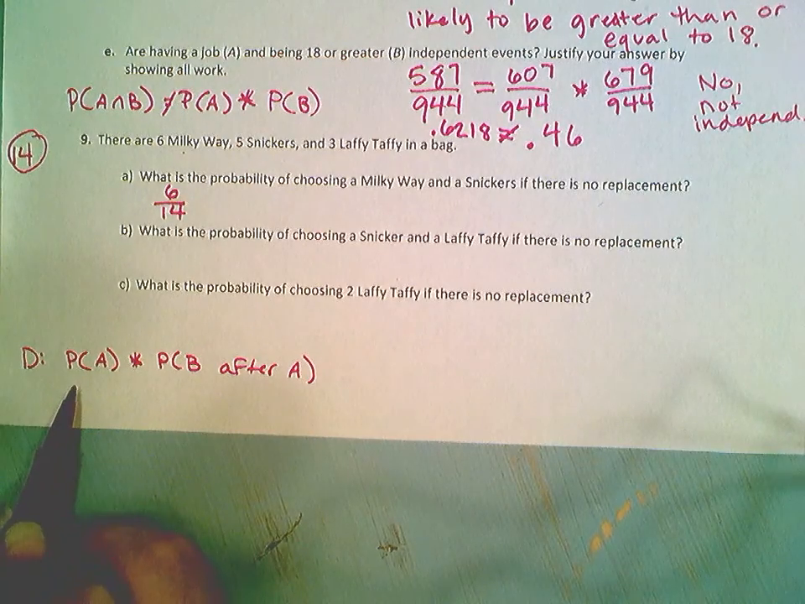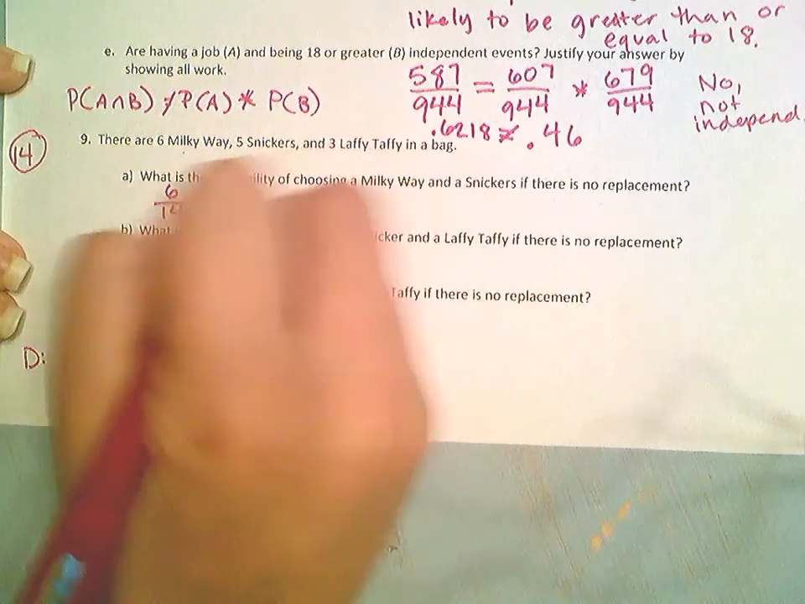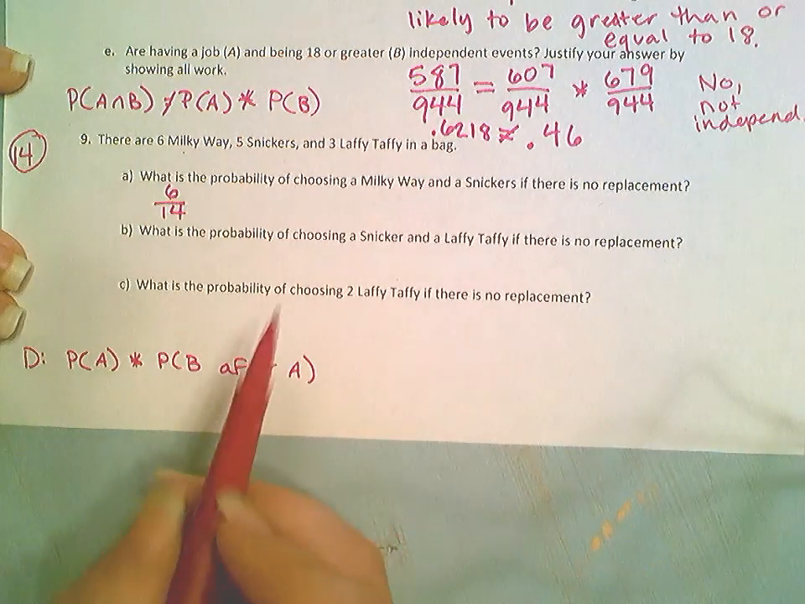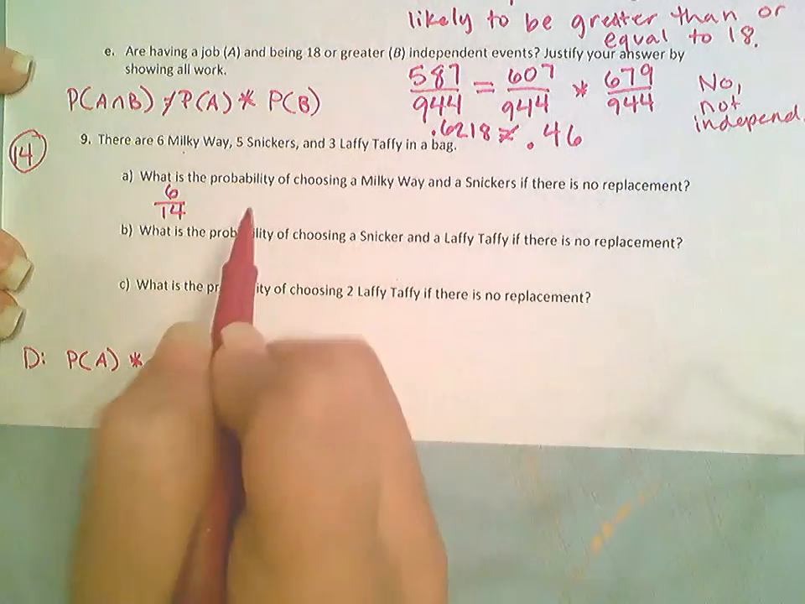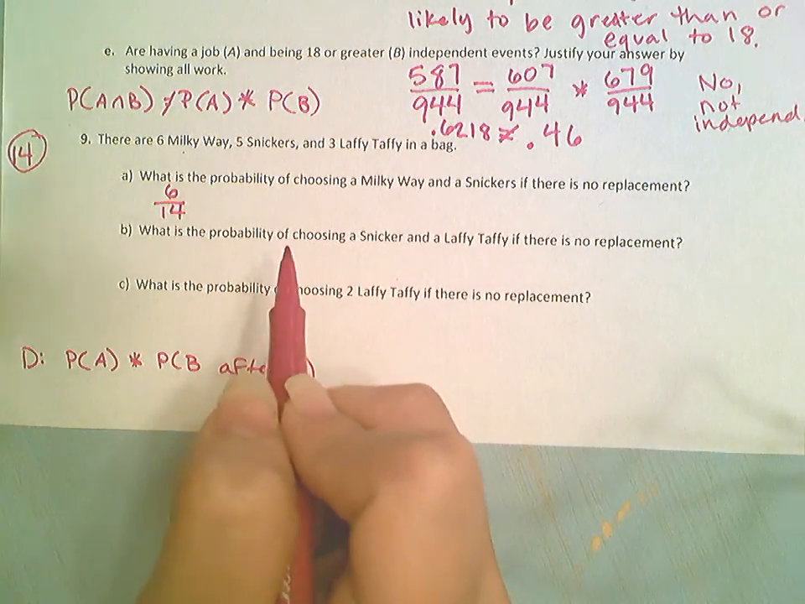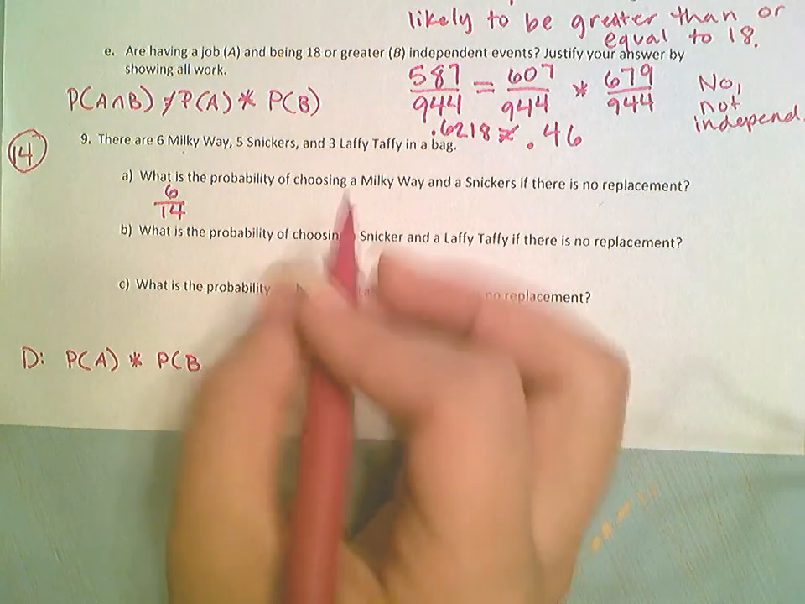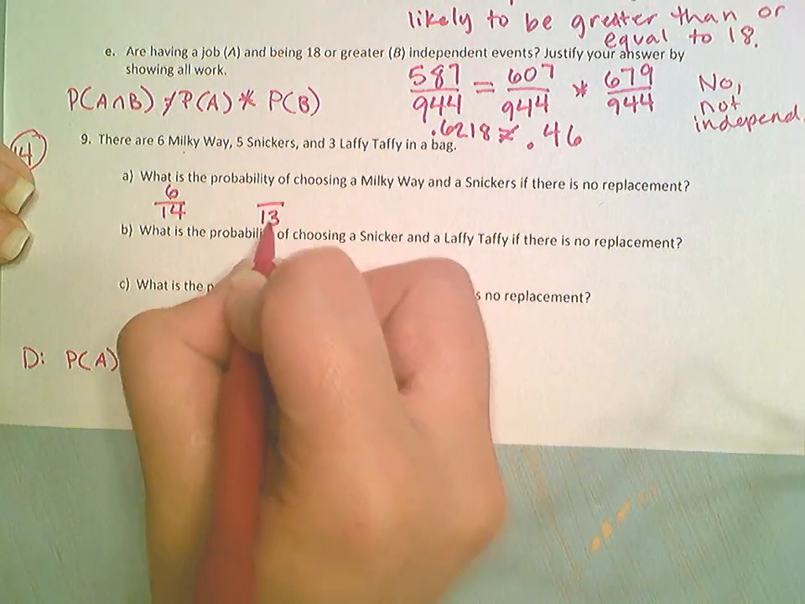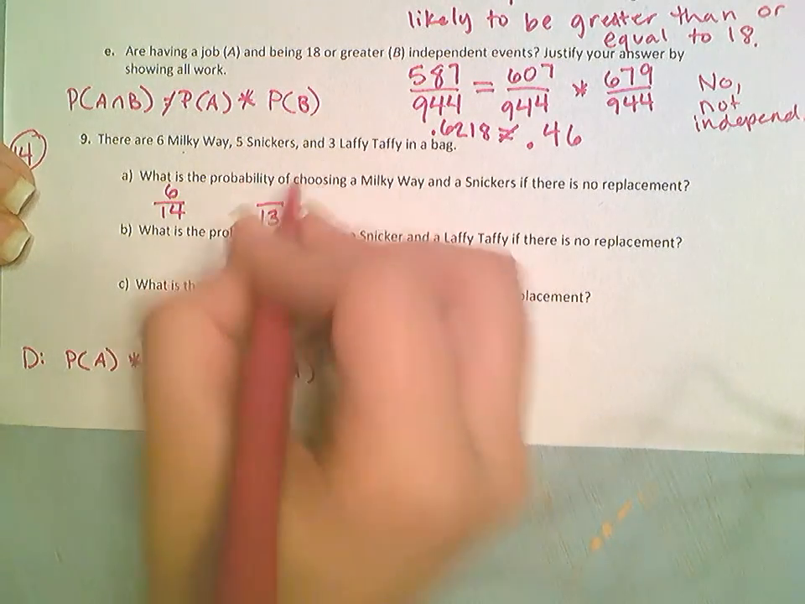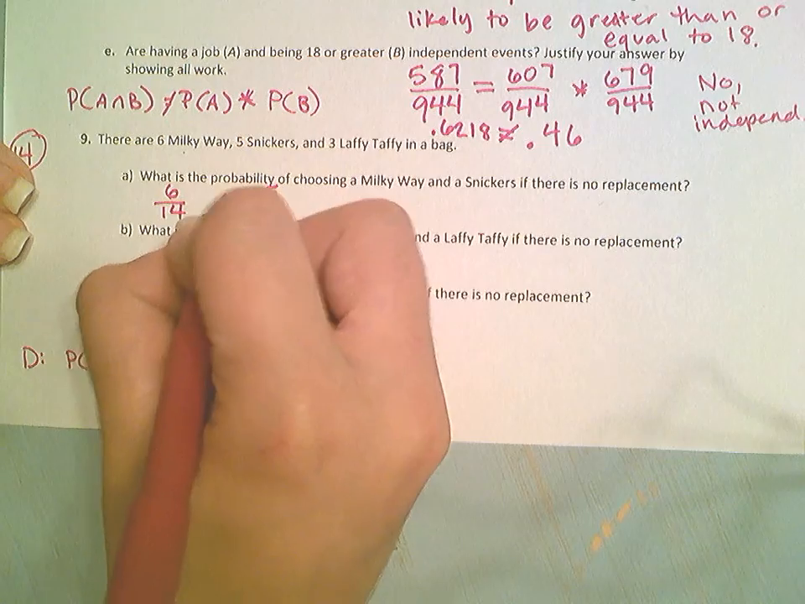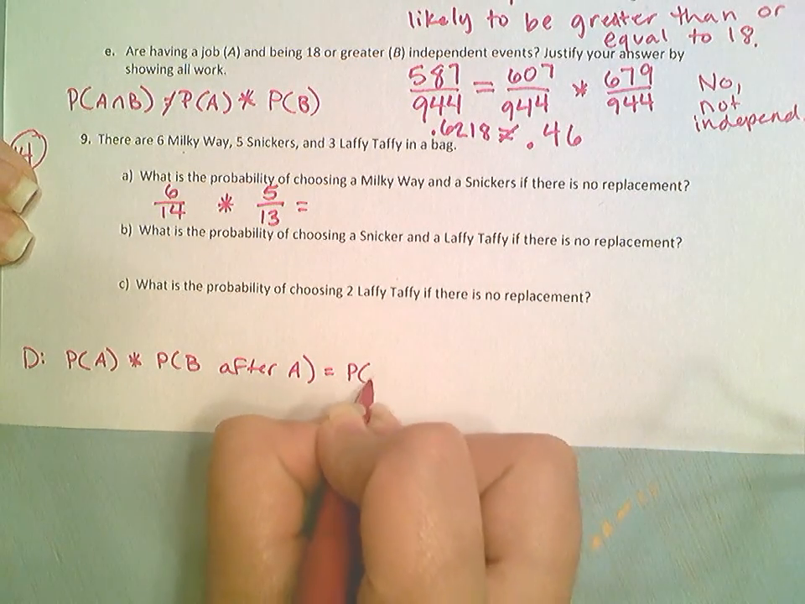So the probability of A is 6 out of 14 because we're going to say that the first option was A. For the probability of B after A, so if you think about it, we had 14 candies and we took one of this Milky Way out. There's not going to be 14 candies anymore. There's only going to be 13. And out of those 13, how many of them are Snickers? Well, we're still going to have 5 Snickers. So if I multiply those together, that's going to give me the probability of A